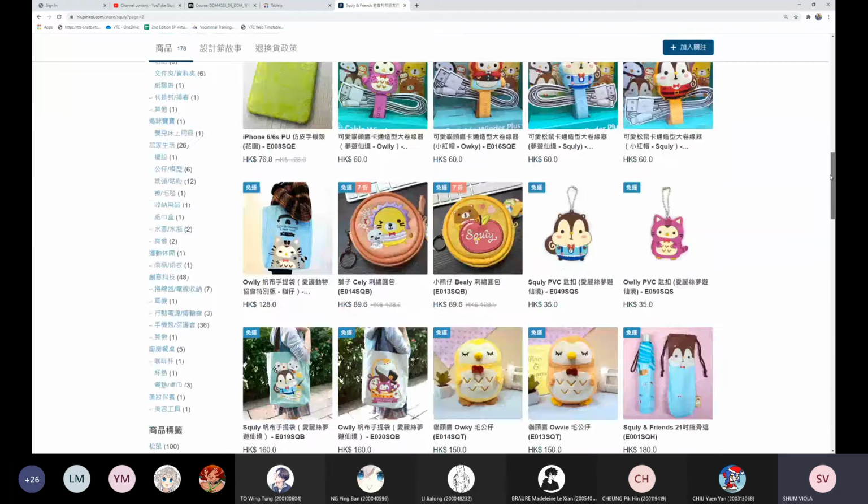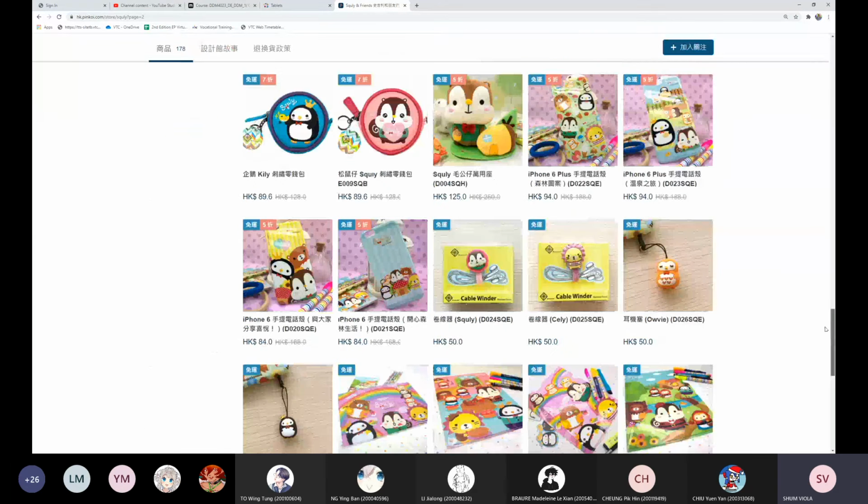So you can see that although they create a lot of different products, they can sell on this platform, but actually you know that they also need to be very active on the internet. For example, they sometimes will need to draw some comics, or they need to update their IG, so that there are a lot of followers, and then they will know your brand,